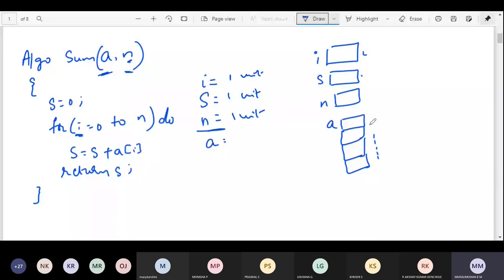If n is equal to 5, then it is 5. So it is n units. Did you understand this one? Is there any doubt how we got n here?